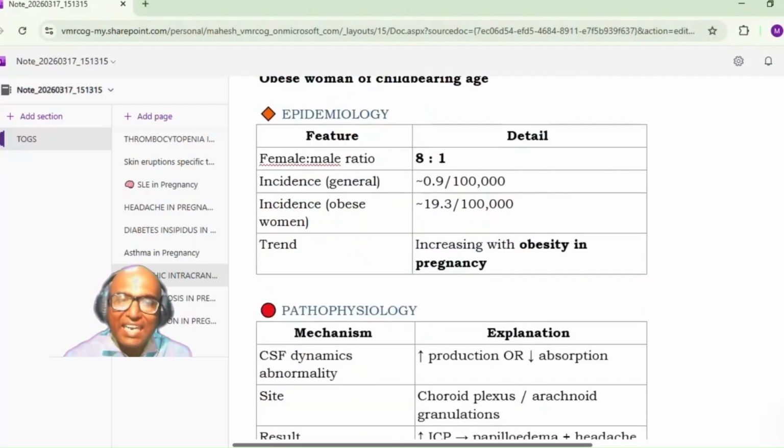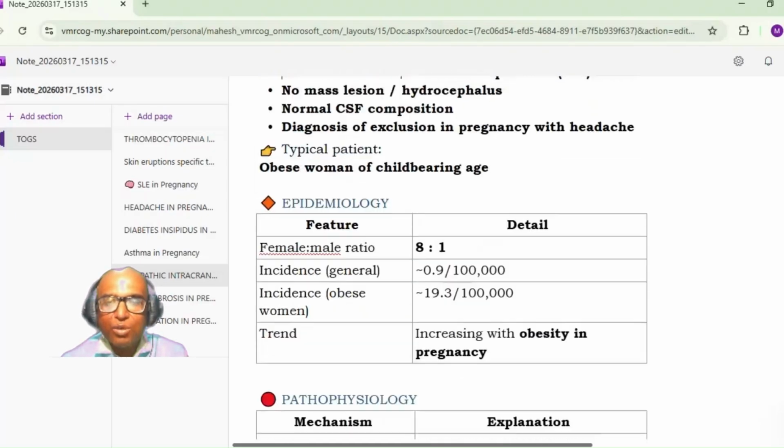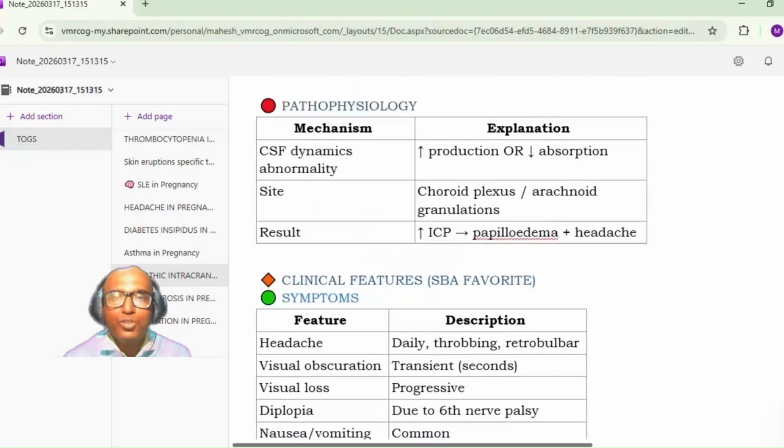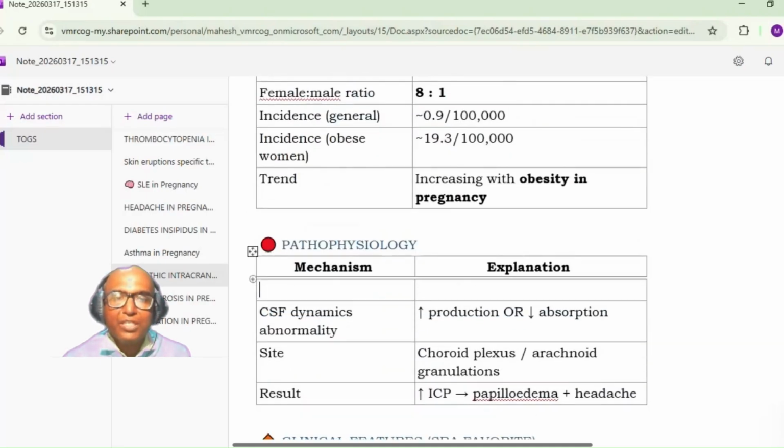Female to male ratio is 8 to 1. Incidence is 0.1 per 1 lakh, and incidence in obese women is around 20 per 1 lakh. It is increasing because of the increase in obesity in the pregnant population. Now, pathophysiology: it is related to the CSF